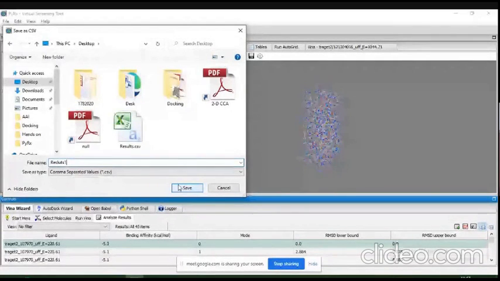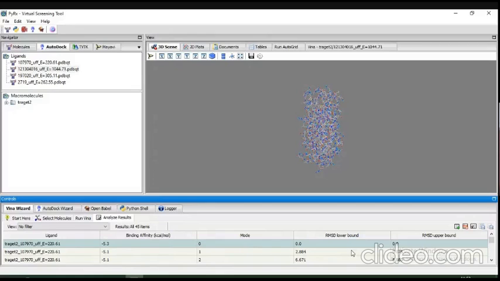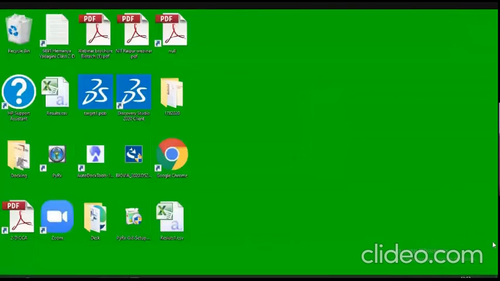Binding affinity means the docking score based on molecular interactions, van der Waals forces and hydrogen bonding, all these forces. And here RMSD, root mean square deviation, lower bound, upper bound was given. The same thing can be shown here. Results we saved in CSV format can be opened in Excel.